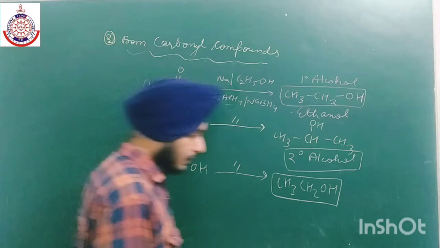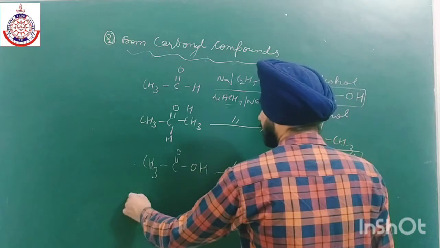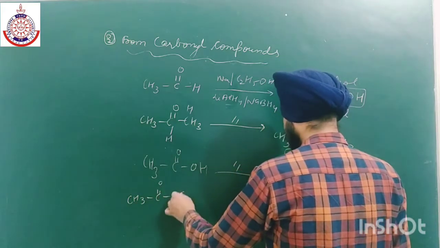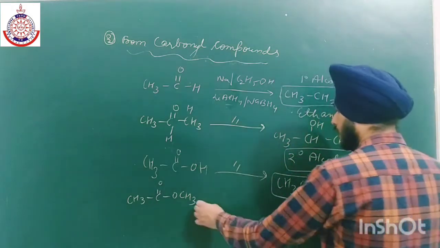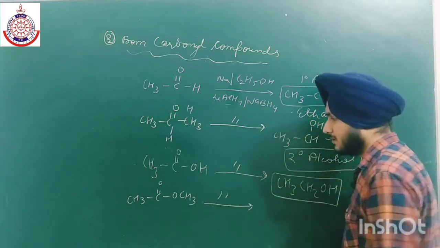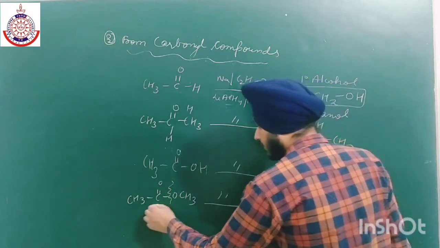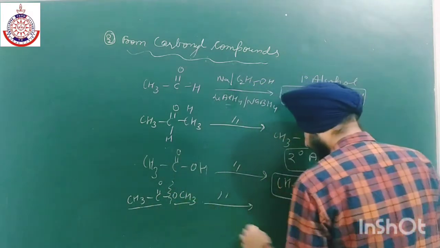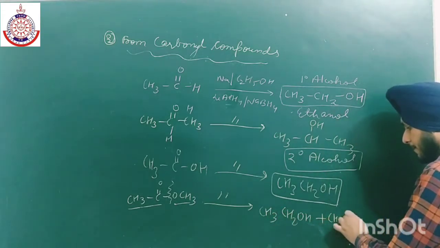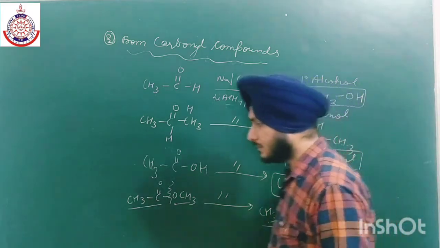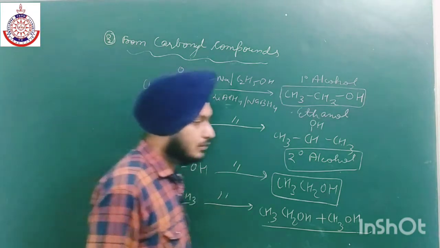Similarly, we can also prepare alcohol with the help of esters. We will get 2 different alcohols. Like if I take this, methyl ethanoate, and we have to take a strong reducing agent. So we will get 2 alcohols. This bond will cleave, one alcohol from this and the other from this. So CH3CH2OH plus CH3OH. So we can easily prepare 1 degree or 2 degree alcohol by this particular method.